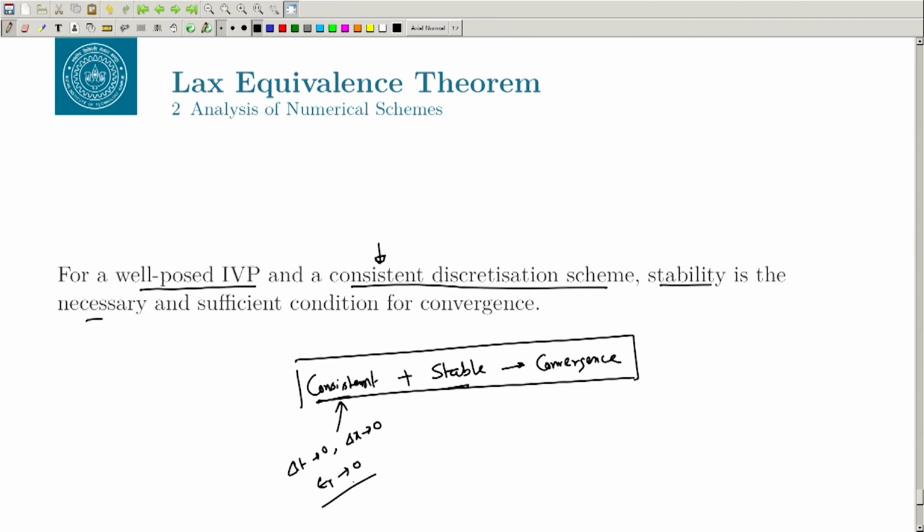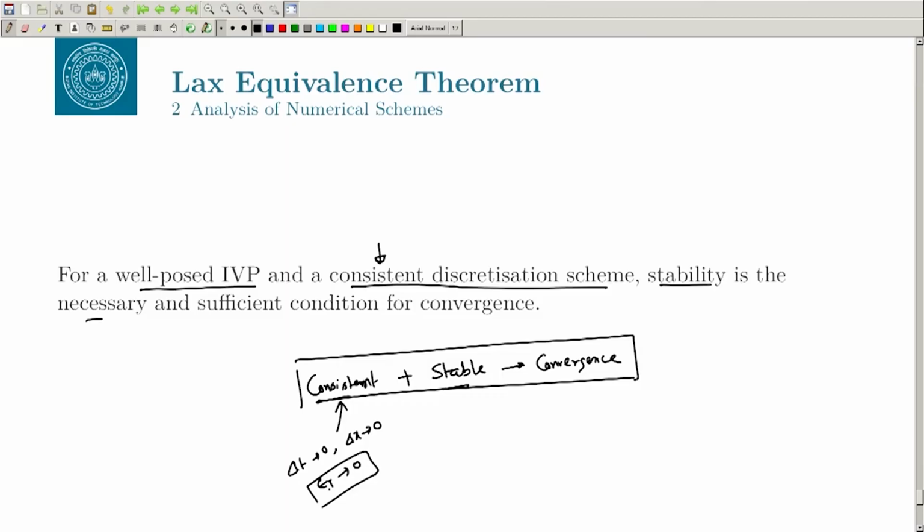Most of the schemes that we have talked about in our earlier lectures, whether it is FTCS, FTBS, your implicit schemes and all those schemes, you can go back and do the Taylor series analysis, and you would see that your truncation error goes to 0, because we used the Taylor series for those derivations, ignoring the higher order terms which consist of delta t and delta x. So, most of the schemes that we have talked about are consistent, but we have seen that some schemes are not stable. For example, FTCS is not stable